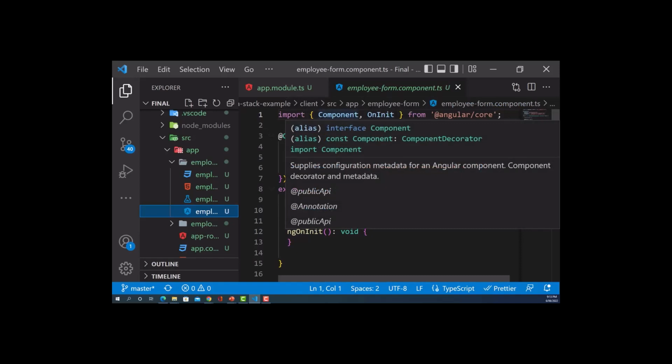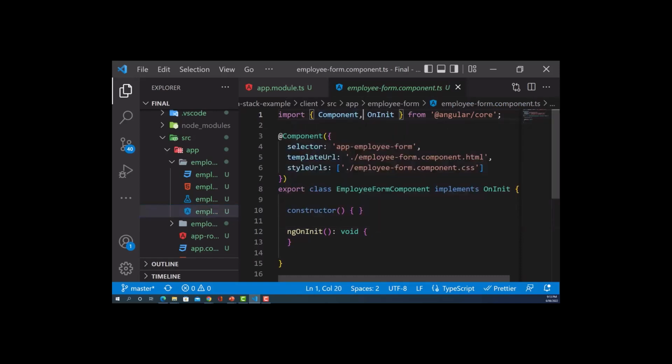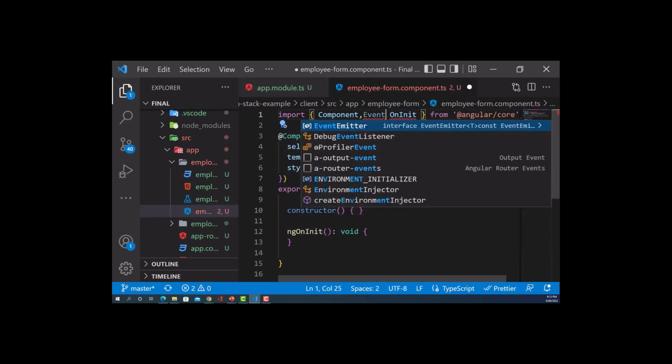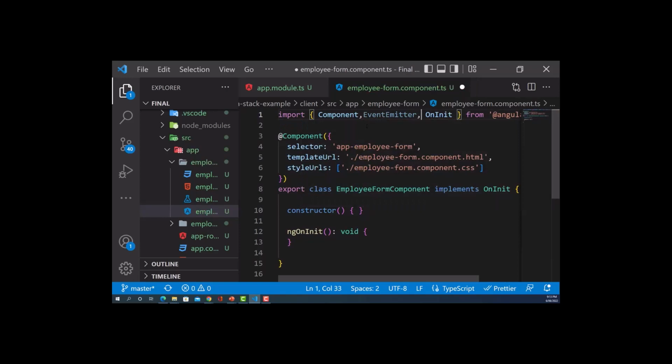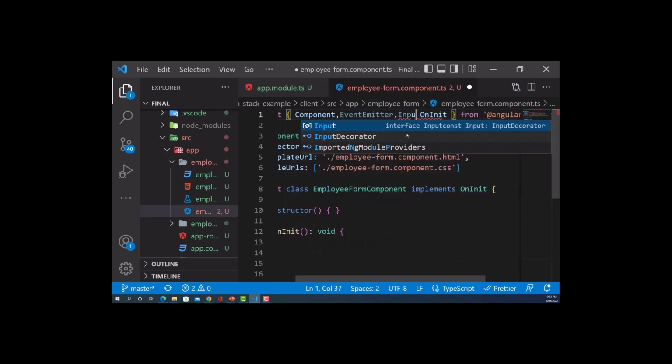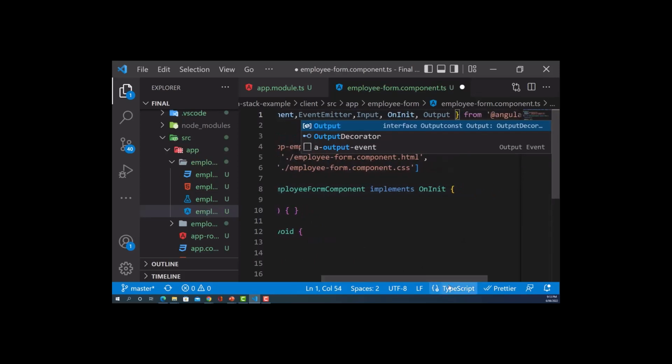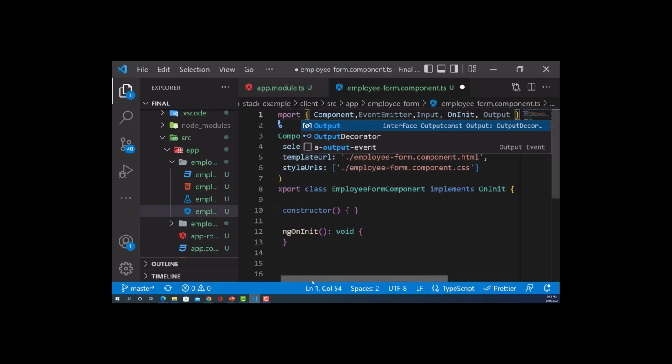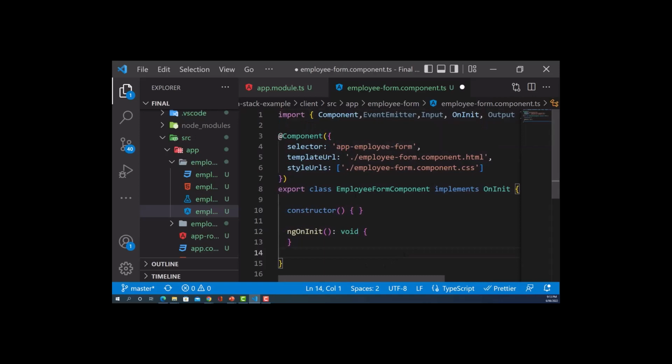So we have got import component, on init. So I've got an event emitter also over here. Event emitter, we'll come back to it later. And there is the input, and there is on init, and then there is an output. So basically these are for emitting events, transferring from parent to children and from the children to parent components, it uses input and output. Okay, right. And a few more